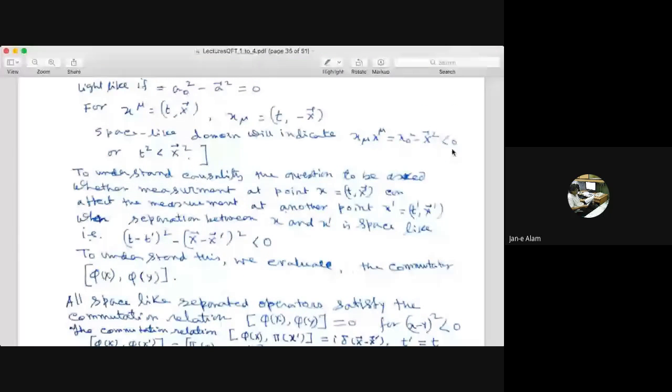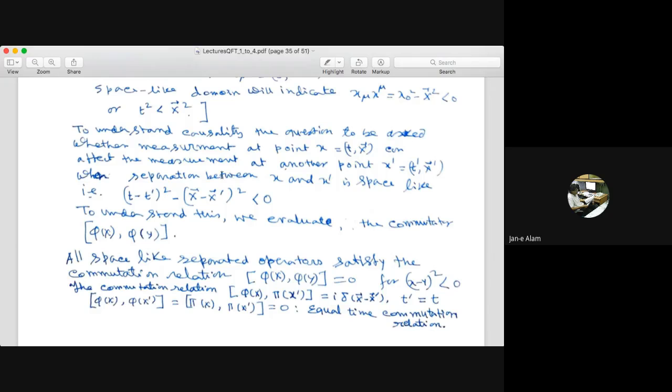particle can propagate there at all or not, because if you write ct less than x, that means c becomes less than x by t. That's not allowed for a relativistic particle in classical mechanics. So to understand this causality, what we are going to do here is ask the following